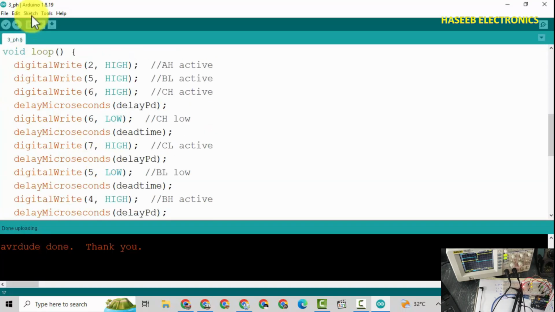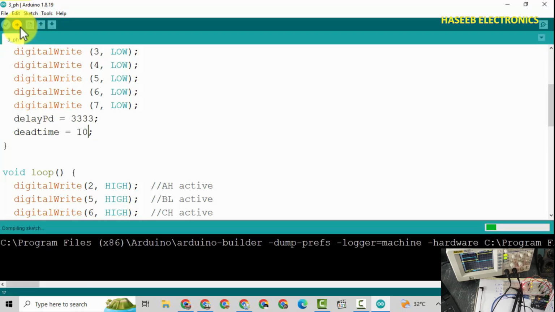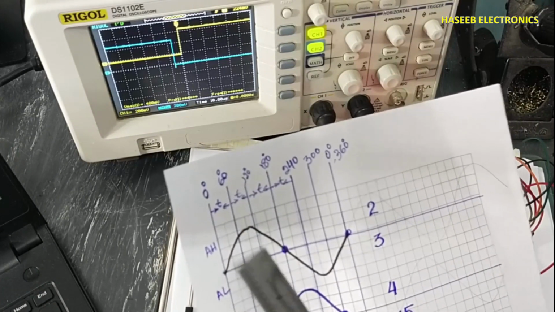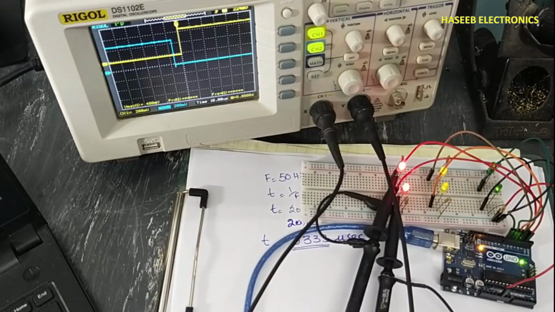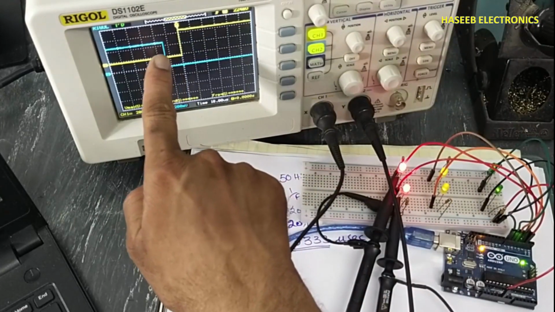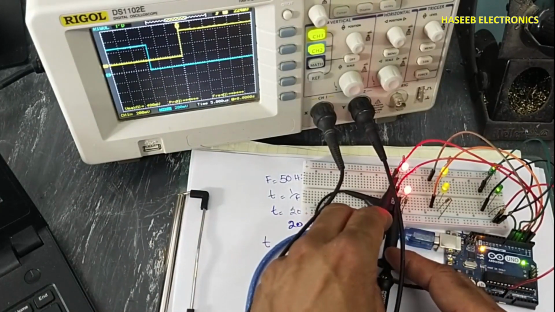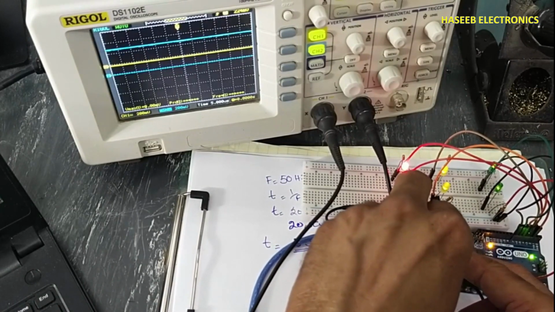If I provide 5 microseconds or 10 microseconds, at that time it will provide a gap between this high and low signal, so that crosstalk between the two channels will not be present there. It will not cause our drives to heat up. Yes, now we have 10 microsecond dead time. In an upcoming session we will make it variable.